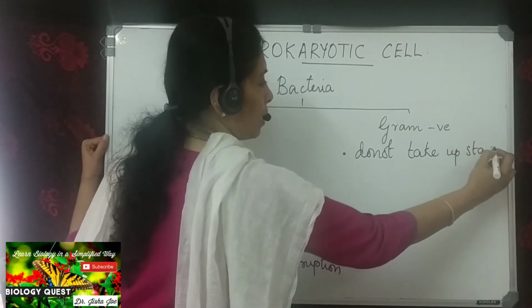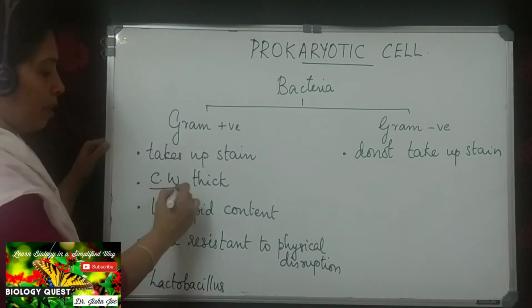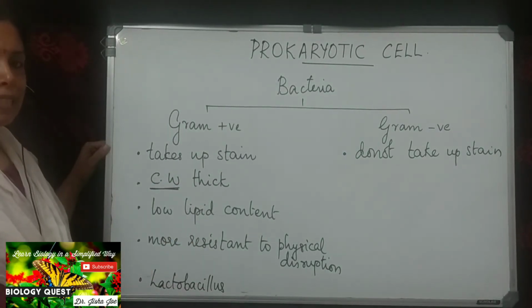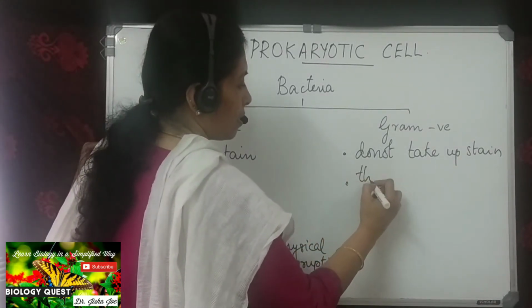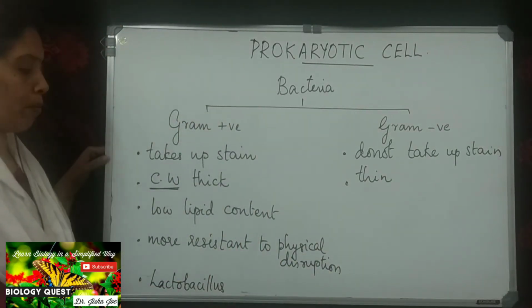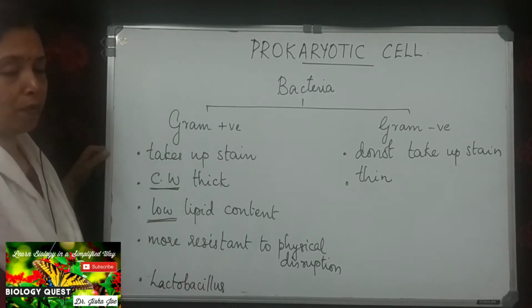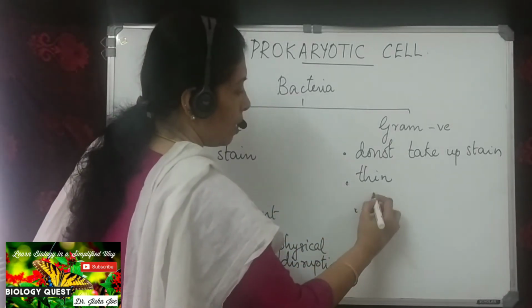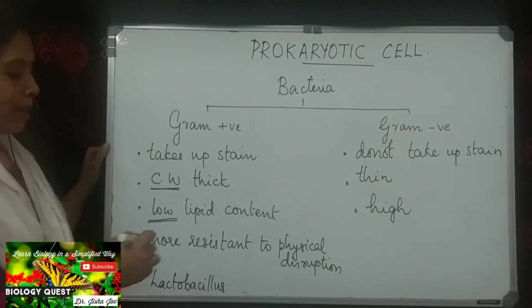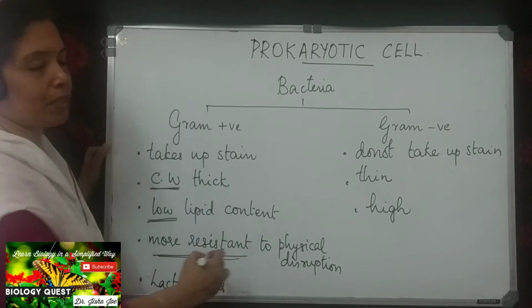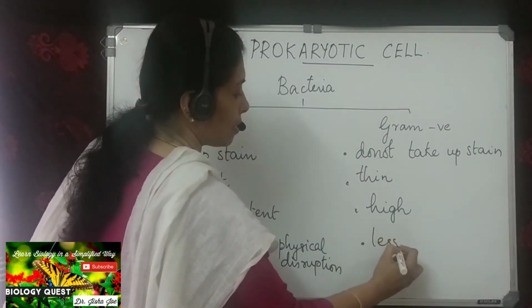Okay, they do not take up the stain. They do not get stained. Then coming to the cell wall, in the case of gram-positive bacteria, the cell wall is thick, whereas in gram-negative bacteria, the cell wall is thin. In gram-positive bacteria, the lipid content is low, whereas in the case of gram-negative, the lipid content is high. Gram-positive bacteria are more resistant to physical disruption, whereas gram-negative bacteria are less resistant